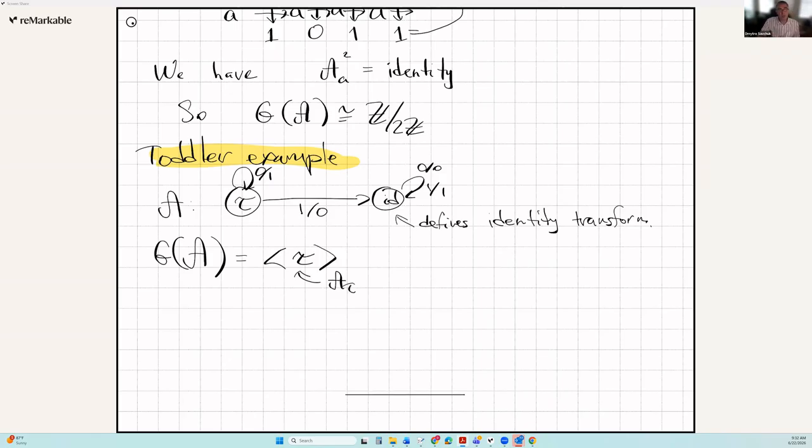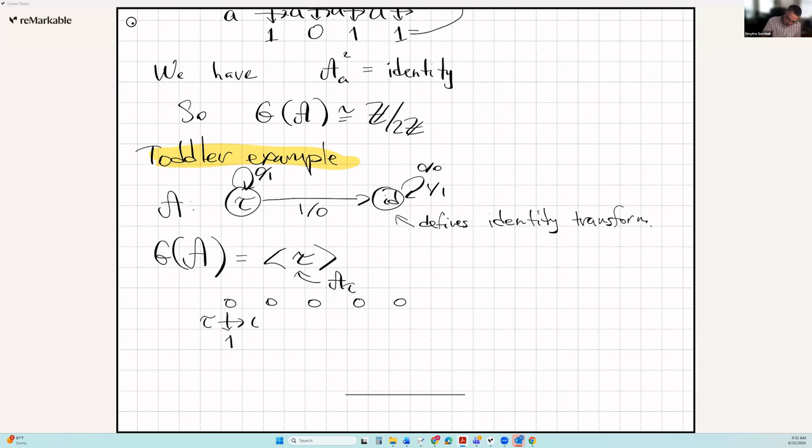The question is whether this group is finite or not. So of course it's a cyclic group. It either could be Z mod nZ for some n, or it could be just Z. Okay. Well, let's see what happens. So you start with A with tau, and let's say that you have some input word 0, 0, 0, 0, 0, right? And you have tau. Okay, so you flip 0 to 1, right? And then you go to tau.